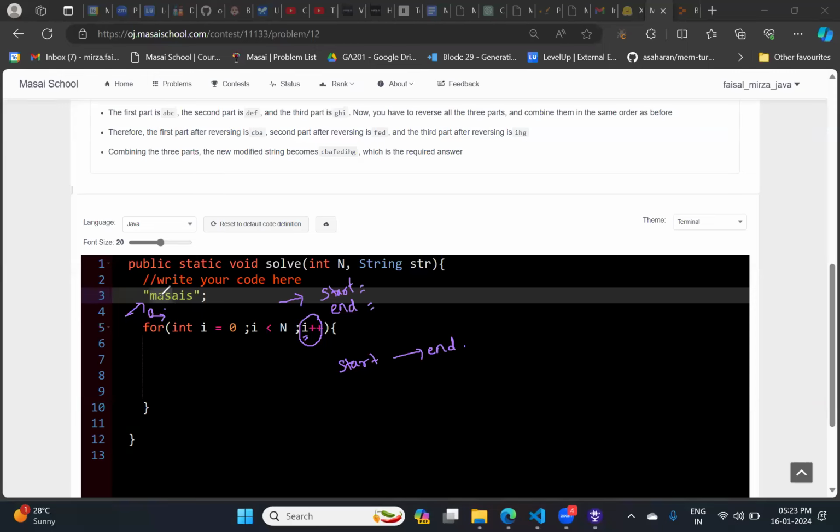Tell me. Till S. What is S over here? So this S you are telling, right? I want to implement this code first of all. So starting point I am keeping it i, right now it is 0. Now tell me, based on this condition, what should be the ending part.